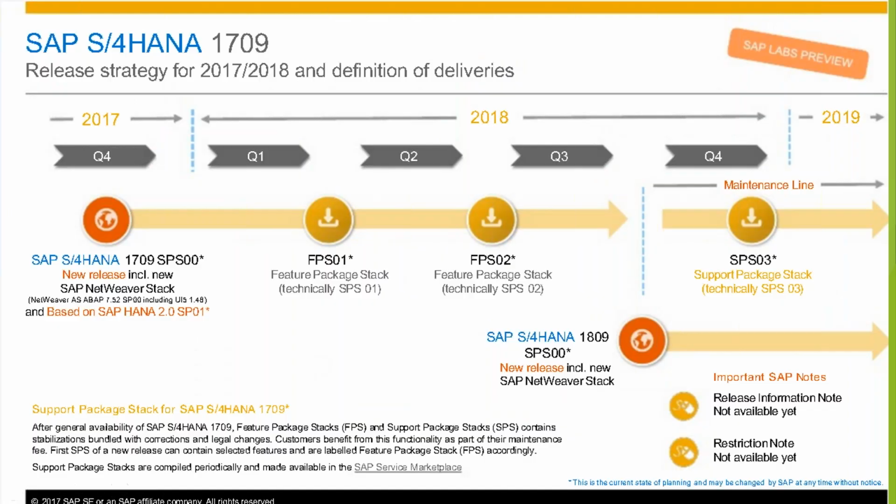If you see here, it is from the 2017 quarter 4. Again, from the 1709 there are multiple support packs at different releases which will be introduced. They're also planning by the end of this September to have S4 HANA 1809 as a new version. Okay, so now you may get some kind of doubt saying that I've seen different versions. So if I learn 1709 or if I learn